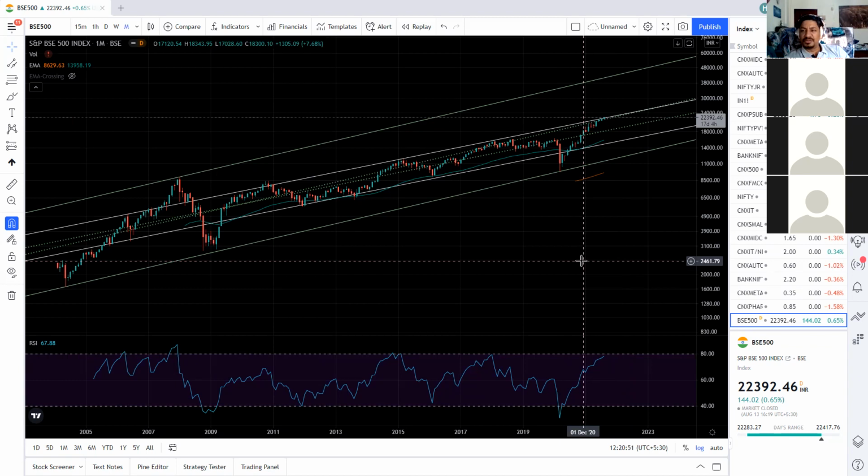If it does not bounce, what does it mean? Technical will give you only a direction. It will tell you, okay, it is not bouncing, you should exit. So that exit call and buy call we have to take. And between taking an opportunity for a buy and exiting, that's a different perspective where both can be right.